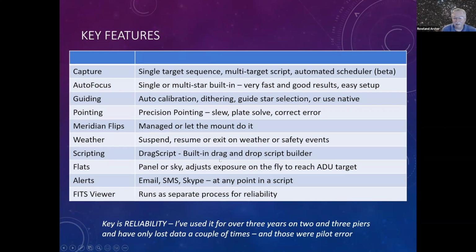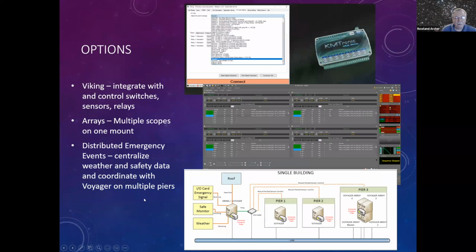So it really is very, very solid. There also are a couple of add-ons available. There's a product called Viking, which is a way to integrate with your control switches, sensors, and relays if you have an observatory setup. Another nice feature is an array setup, so you can have more than one scope running on a single mount, and it'll make sure that as it's